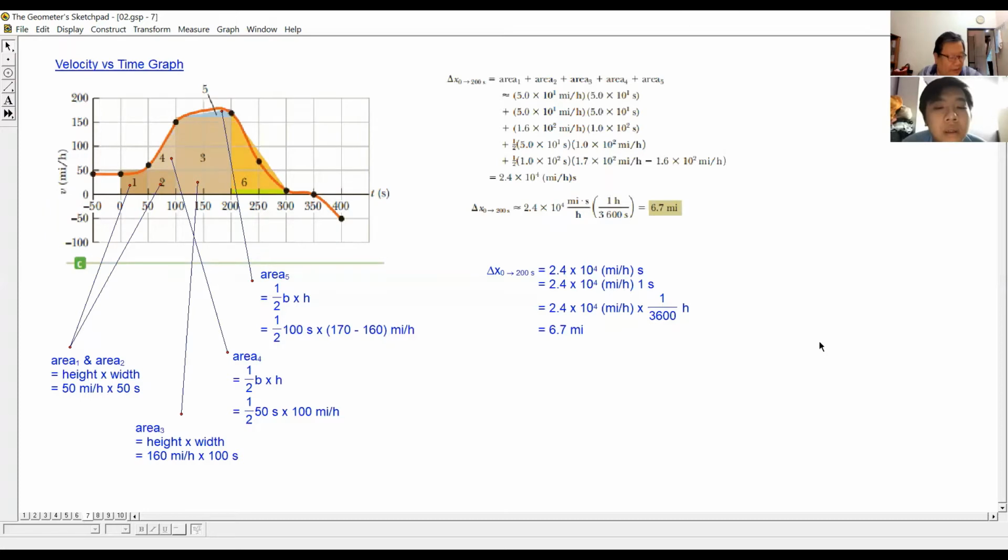For a velocity-time graph, as I've said earlier, there are two things that you need to know. Number one is the slope, and the second one is the area. The slope represents the acceleration, while the area represents the change in displacement. So the area under the curve, you have to find. Because this is a crooked line,